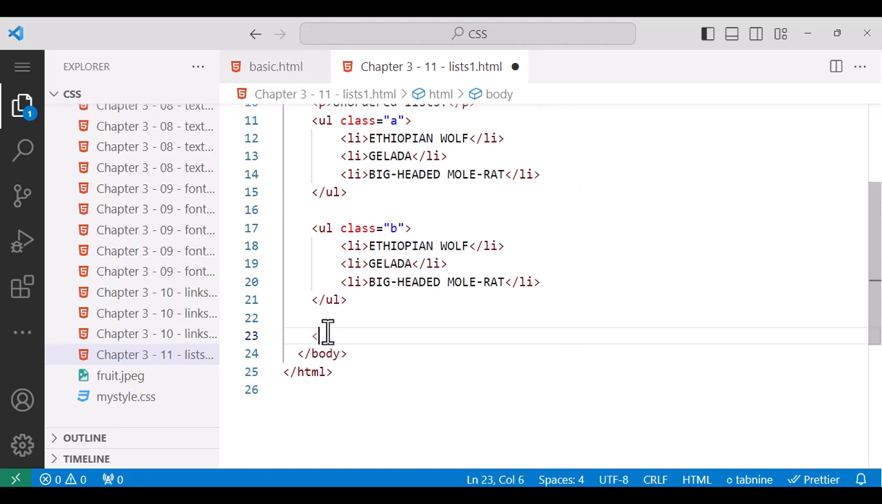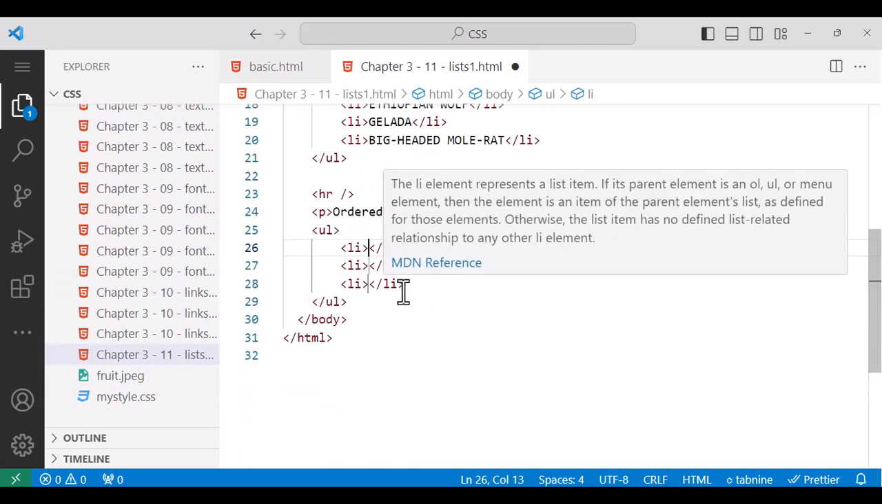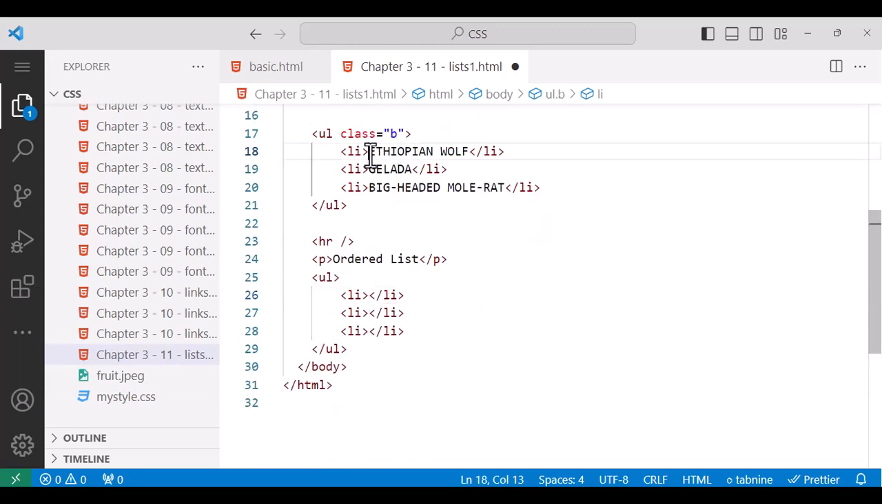ordered list. First we put horizontal lines to separate the first and the second, and then we have a paragraph for ordered list. So we can use OL in Visual Studio Code. Then inside that we use greater than sign, then li, then times 3. So we get a magic. So we can copy here